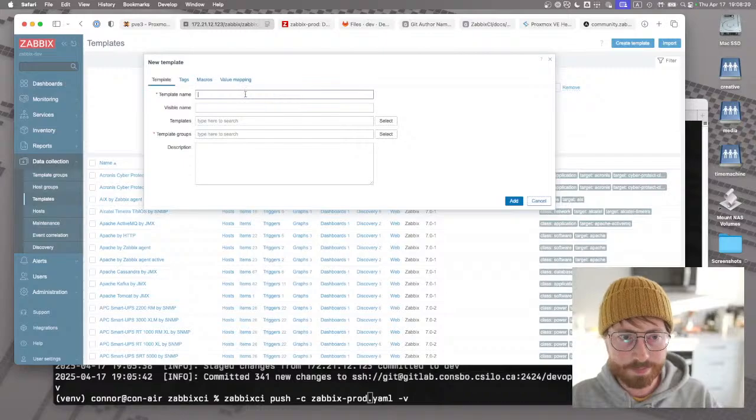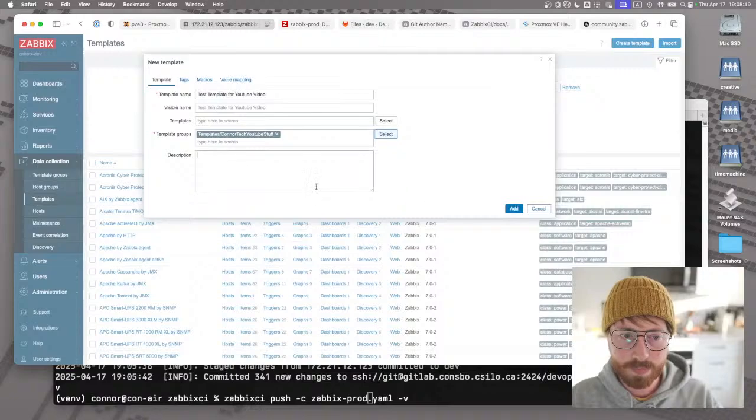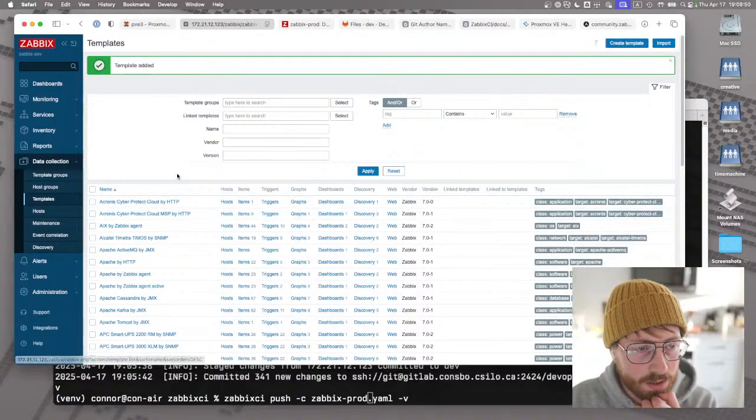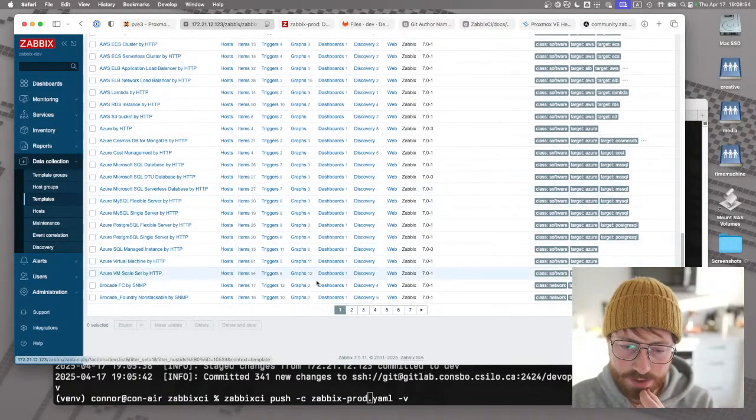Create a template, and we're going to call it test template for YouTube video, and we'll put it inside of that template group. This is a test of the template syncing of ZabbixCI. Cool. All right, so now our dev server has a new template, and let's just assume that